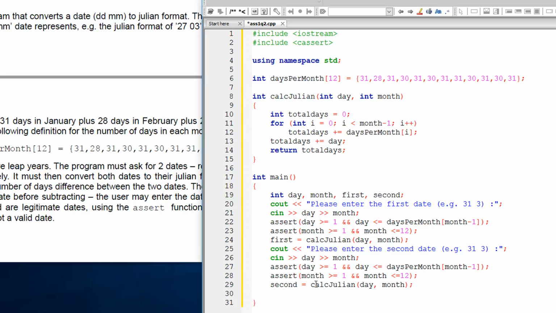Alright, so now we've got our conversions to the Julian dates for both calculations, and now we just need to output and calculate the difference. So how do we do that? Well, first they said we must test which format is the first one. So let's go ahead and tell the user